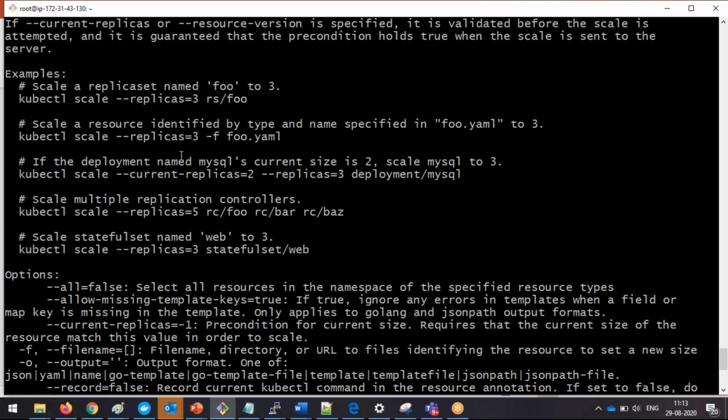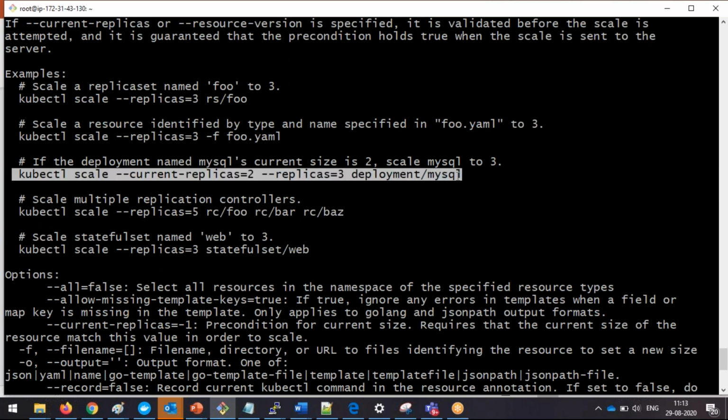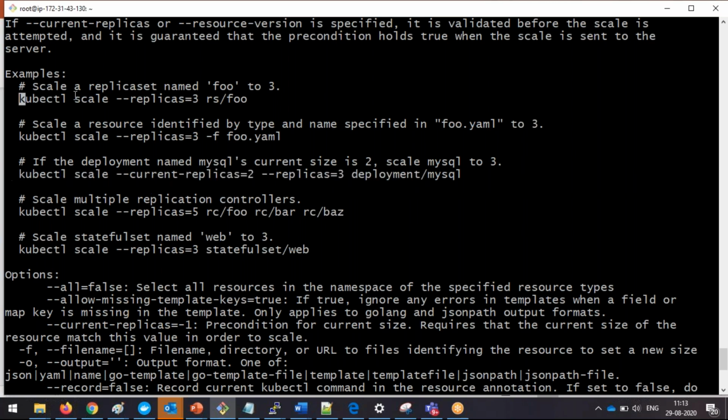So now here, I am going to take this command, or we can take this one also. Anything is fine. Here it is going to tell us my current replicas are 2 and I want to have 3. This is going to tell us I want straight away 3 replicas. RS foo means foo is the object name and RS means replica set. So now let me take this one